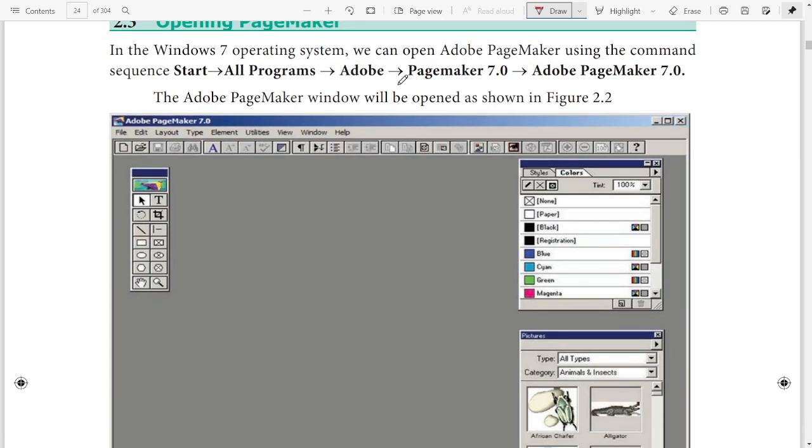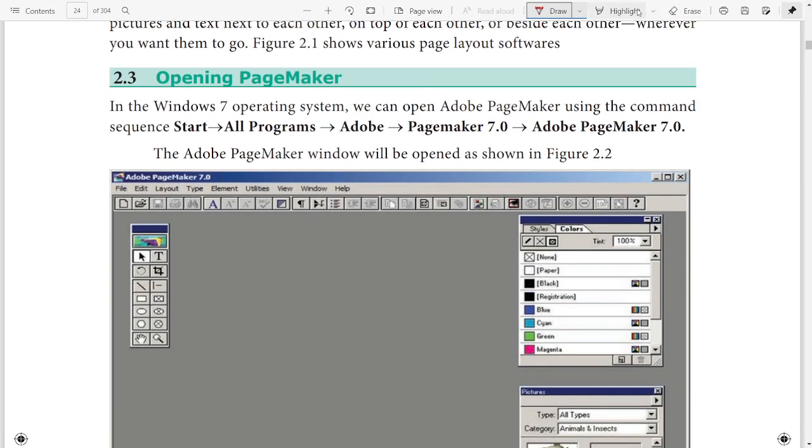So the next one is how we are going to open PageMaker. In the Windows 7 operating system, we can open Adobe PageMaker using the following sequence: Start, All Programs. In this, you have to select Adobe. In that Adobe folder, you will see PageMaker 7.0, and you can access Adobe PageMaker 7.0.